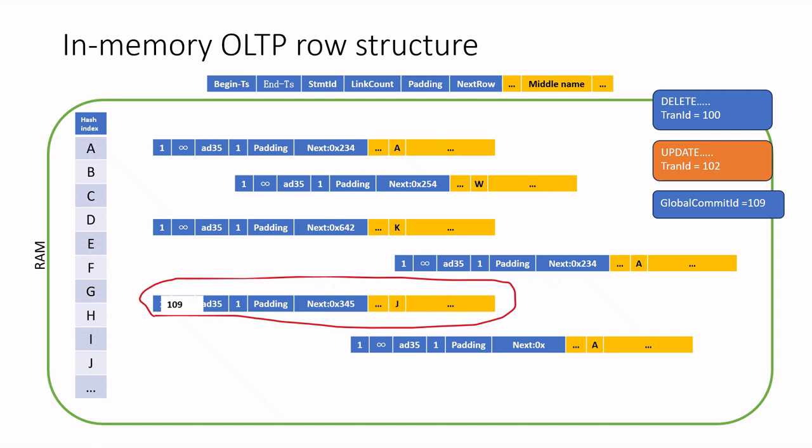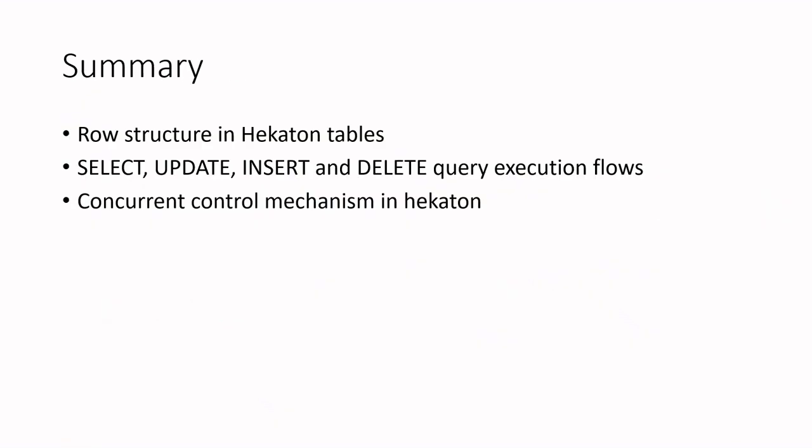So to summarize, in this video we learned about the row structure in Hekaton tables, query execution flow, and MVCC, right? In the next video, I'm going to talk about